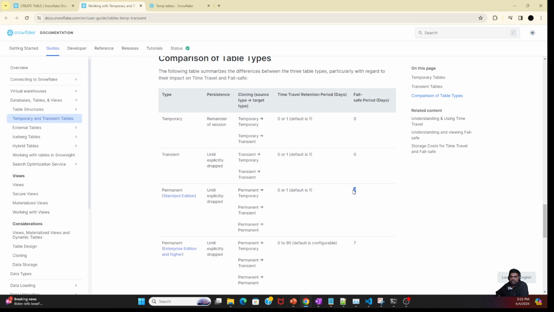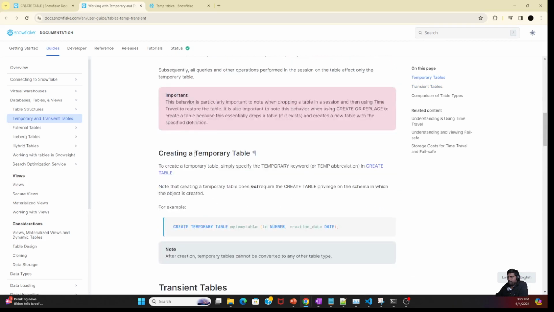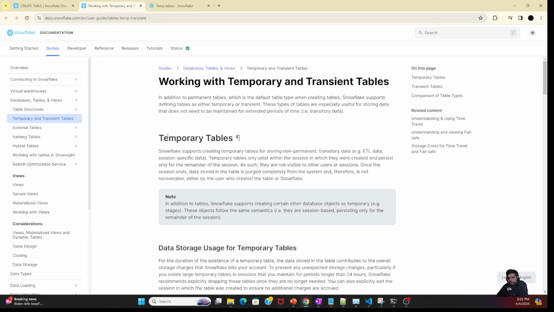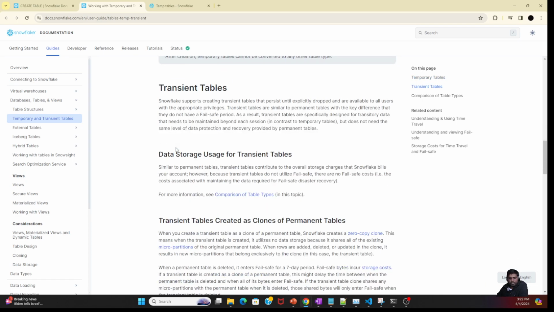I believe you guys know Snowflake has a time travel feature. So beyond the time travel, you still have 7 days for a regular account to get the data back. So that is the key important thing for creating the table: the difference between creating temporary tables and creating permanent tables. Also, by default, it's permanent if you don't specify any keyword. And moreover, you can also create the